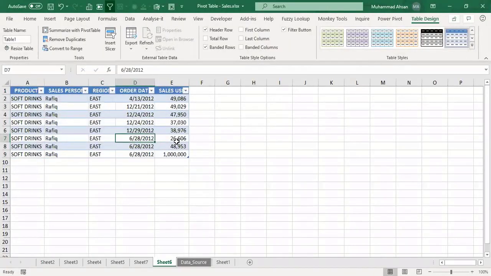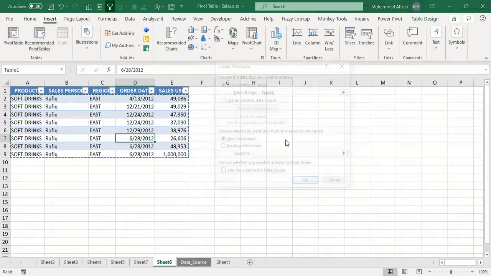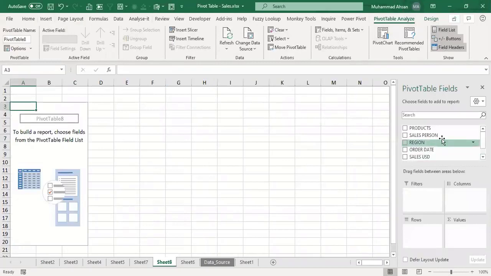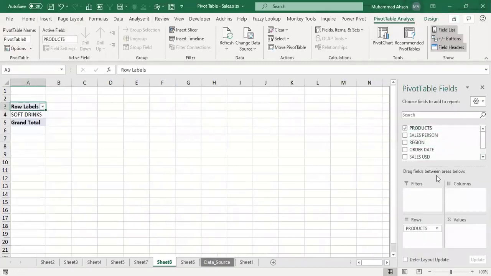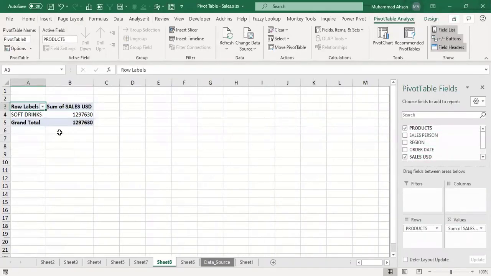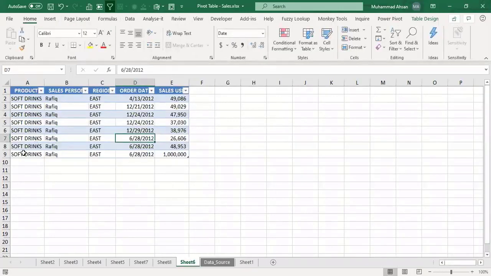So once your normal range has been converted into a table format, now you go to the Insert tab, click on pivot table and create a pivot table. Now let me quickly drag and drop the fields, right? So now you can see that there is one product, soft drinks, and we have 1.2 million of sales. Now, for example, later on,